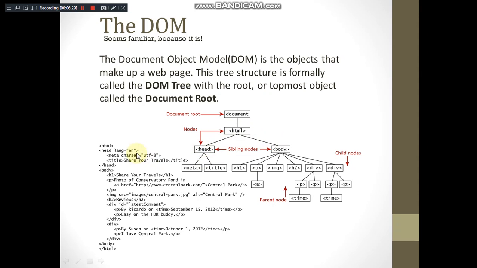In the head section, how many tags do we have? Meta and title. They are independent, right? They are not one inside the other, rather both are inside the head. So we have two arrows or two links coming out of the head node, and we name them meta and title. We don't have anything else in the head section. Head is closed, so this part of the tree construction is over. Let us next move to the body section of the HTML document.